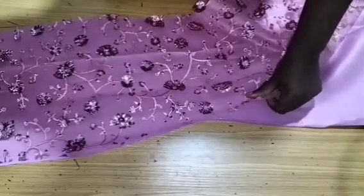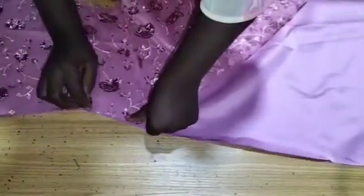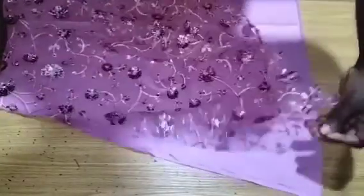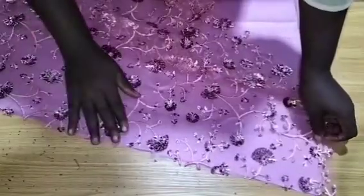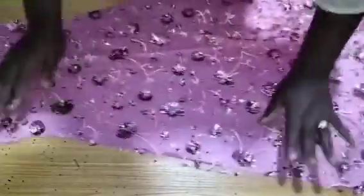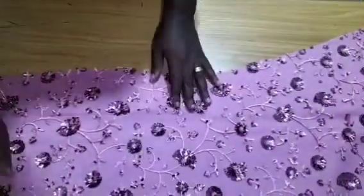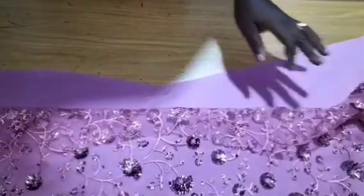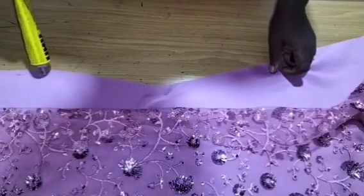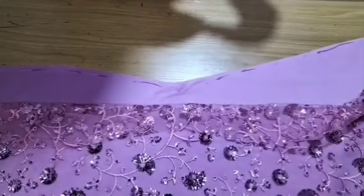Just go ahead and place your lace at that edge. So what I did on this edge, I'm going to also do on the other edge too. So this is easier for me to put them together, before going over to stitch and all that. So I'll just put it together. That little gum I put there will just hold your lace for you. So you can see that part is already placed. Next is to lift this part up, come back with the gum again, and just apply at the edge this way to the end. So this is what I'm going to do for all the doll face